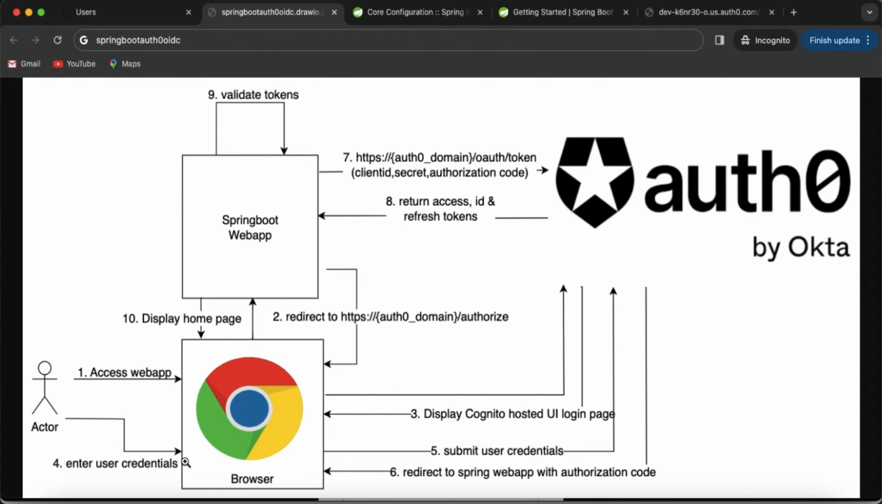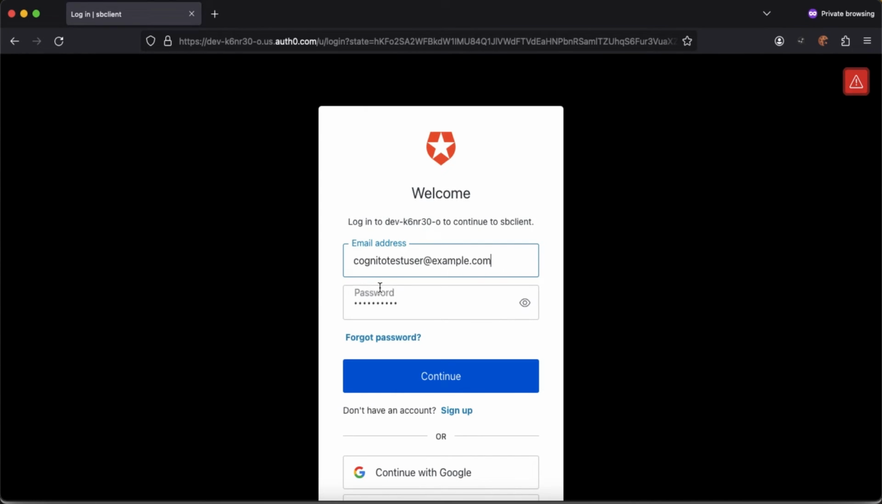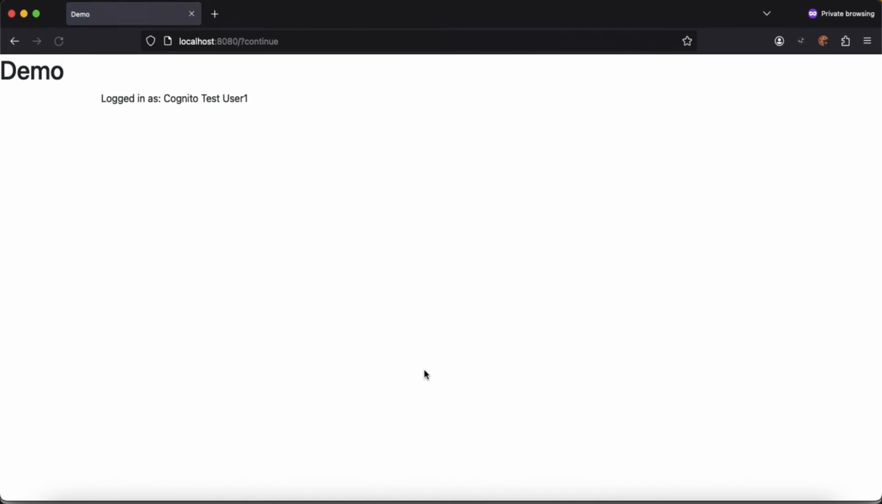Now I'm going to do step number 4, which is submitting the user credentials. I already have the credentials. Click continue. See, this time it didn't show the consent screen because that will happen only in the first login attempt. Once you give permission to the identity provider that it is okay to share your profile details along with your email address to this particular application,